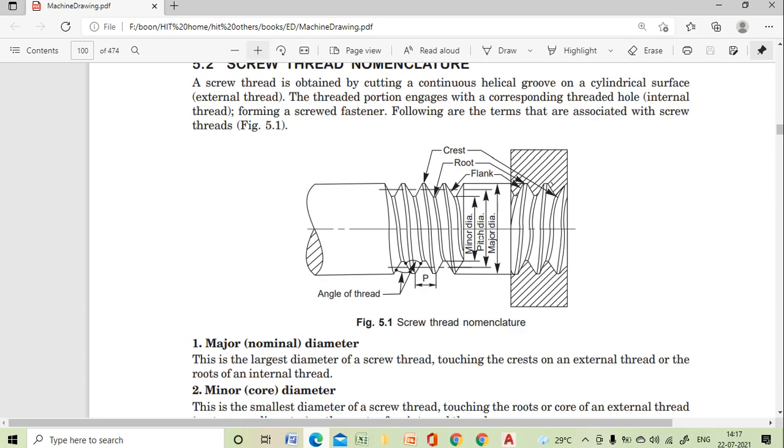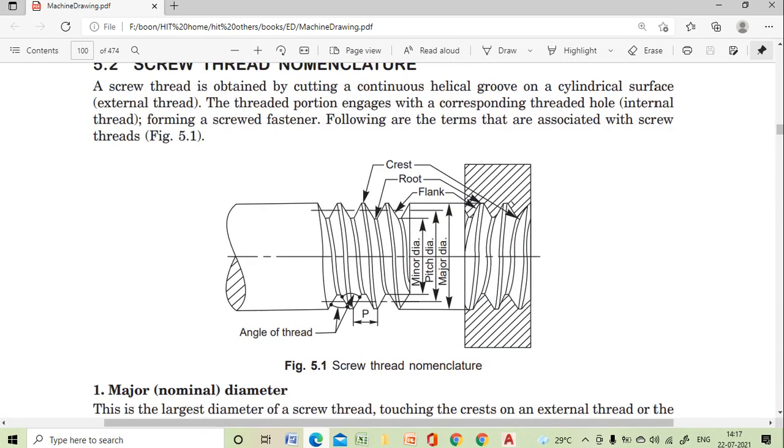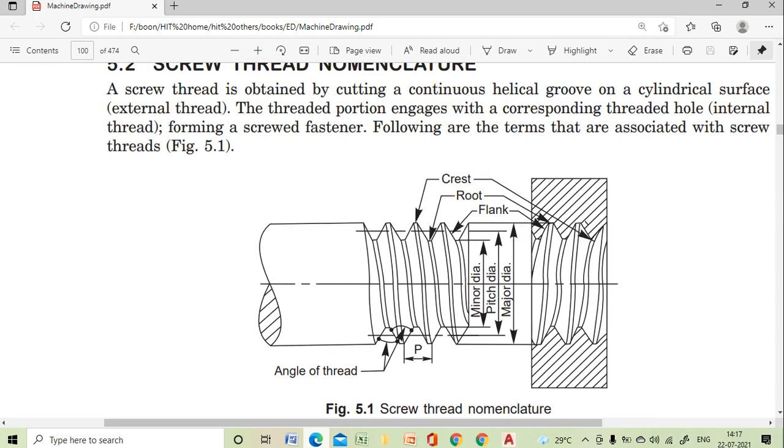Now before coming into the nut and bolt assembly, first thing that you need to know is how they